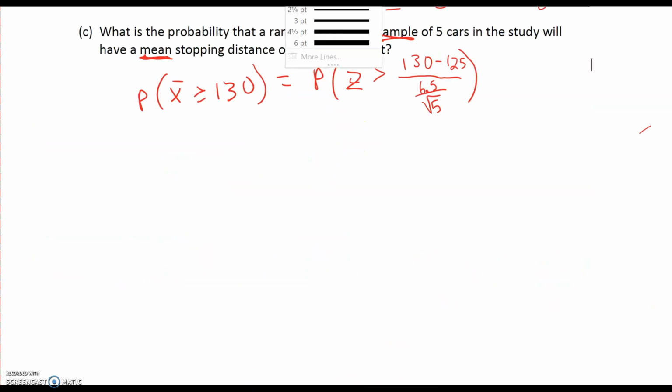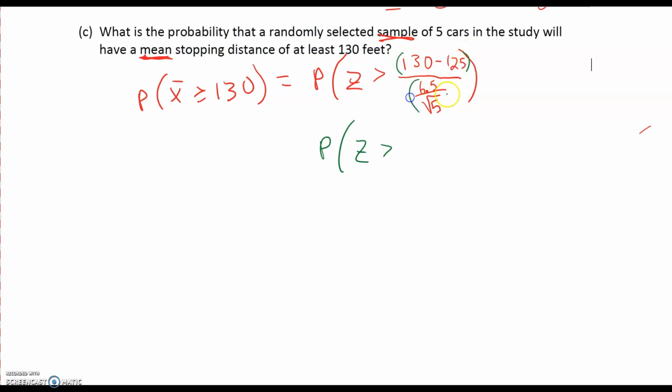All right, here we go. So we have the probability that Z is greater than, be careful when you put this in your calculator, okay? Numerator divided by denominator, be careful with that. And we're looking for, what is that, 1.72? Okay, so now we're either going to use a table or your calculator,